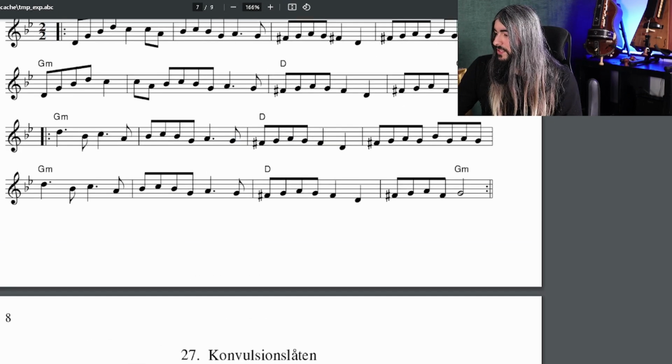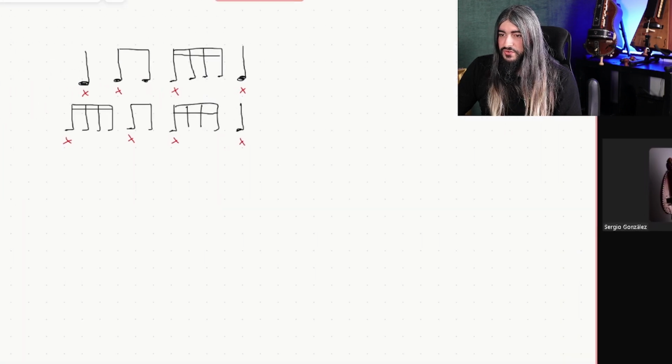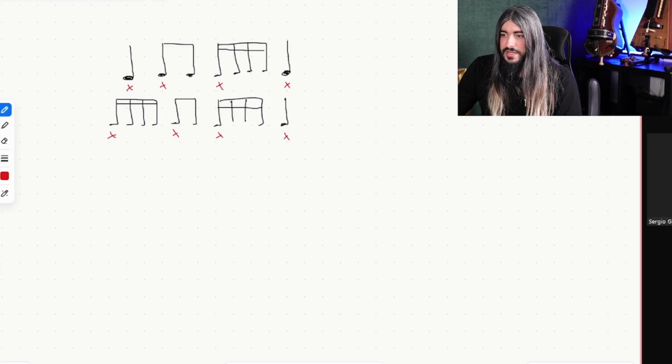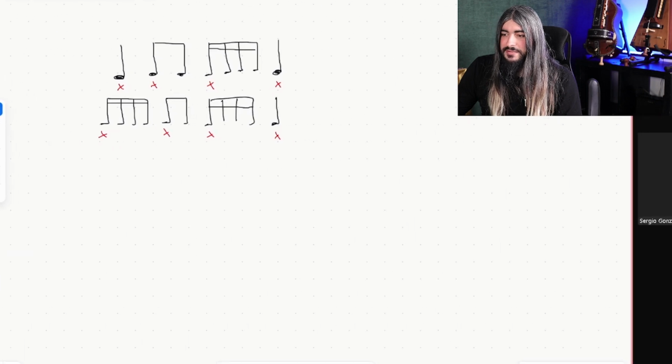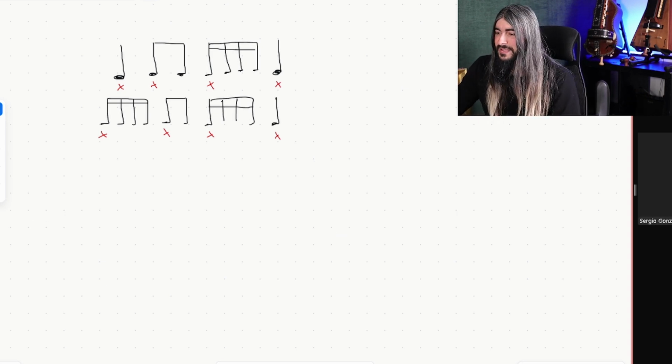To prove the point, let's go to whiteboard one more time. This is just to prove the point that only knowing a little bit of music notation and music reading, you can do really a lot. Okay, so